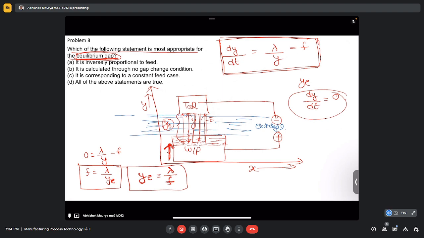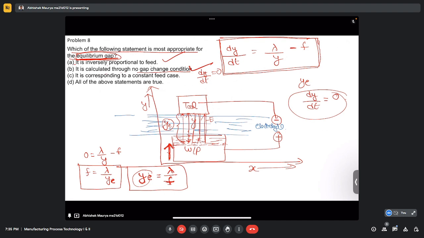So let's try to see what the correct options are. The first one is, it is inversely proportional to feed. Yes, the equilibrium gap is inversely proportional to feed. It is correct. Now, it is calculated through the no gap change condition. Yes, we have put dy by dt equal to 0,